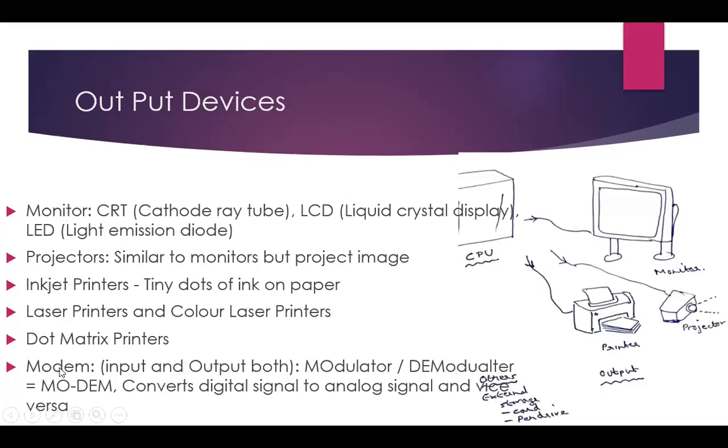Then the other input output device is known as modem. Modems are also nowadays obsolete. Modem stands for modulator and demodulator because they used to convert digital signals to analog signals, and conversely analog signals to digital signals, because previously the internet was through telephone line, and telephone lines previously, even nowadays MTNL lines, carry analog signals. These are not digital signals. So modem used to convert those signals into digital signals.